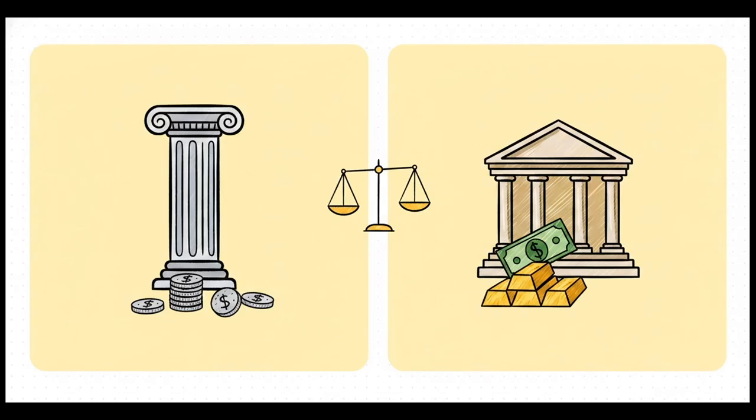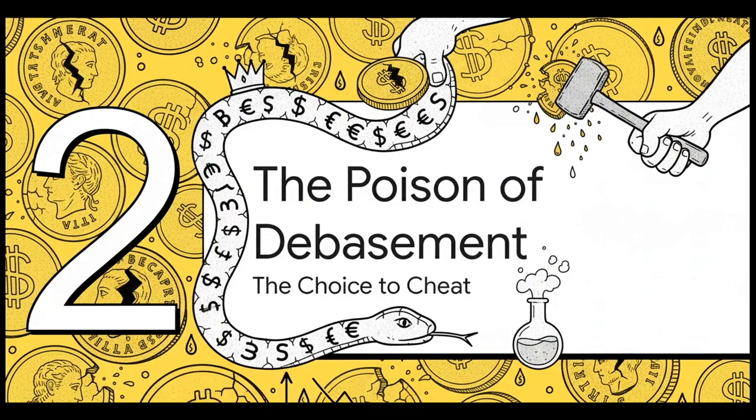Let's look at the golden age for both of them. Back in the time of Emperor Augustus, the Roman denarius was about 95% pure silver. It was a reliable, trusted standard all across the known world. Now fast forward. After World War II, under what was called the Bretton Woods system, the US dollar was backed by gold at a fixed rate. See the pattern? Both empires built their economic power on a foundation of sound, reliable money that had real, tangible value. But here's the irony.